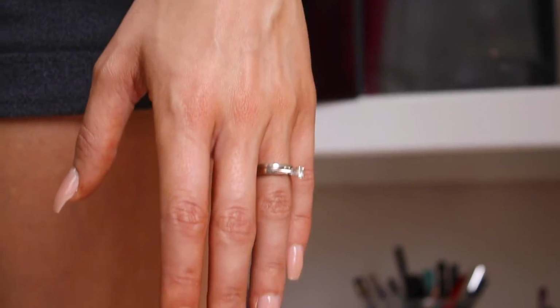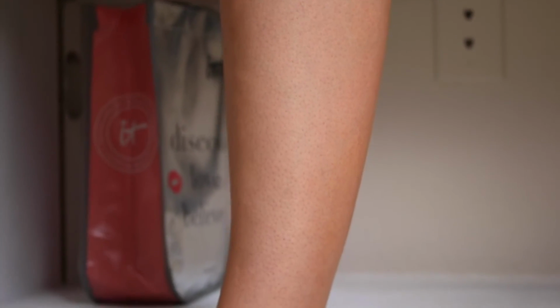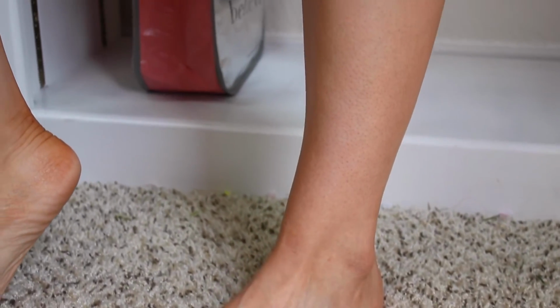Honestly, I'm obsessed. I mean, considering that this one is literally half the price of Loving Tan and Saint Tropez and all those other more high-end lines, and it gives me this nice olive tone, not as olive as Loving Tan or Saint Tropez, definitely not as olive as Saint Tropez, because Saint Tropez is almost borderline green. Overall, guys, Tanologist kind of killed it. $16, I think it's $16.99, so $17,